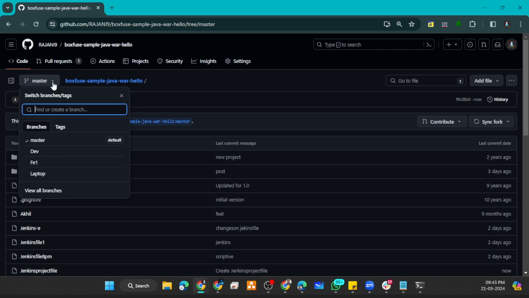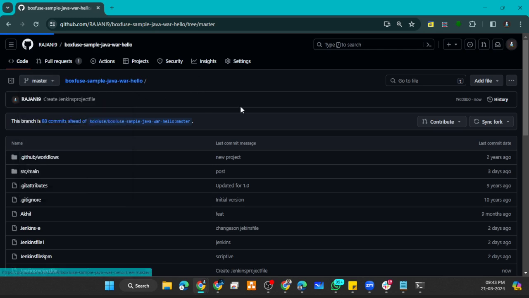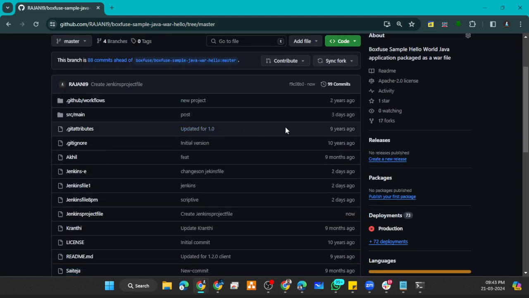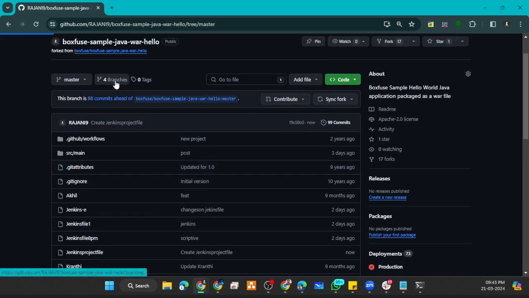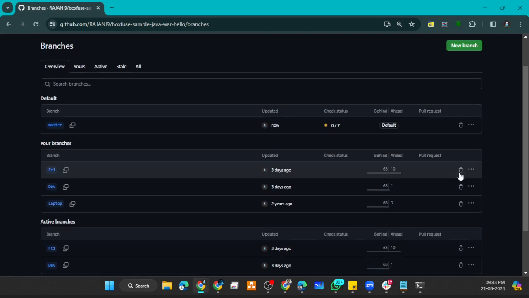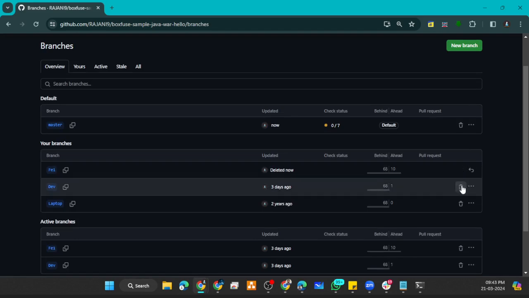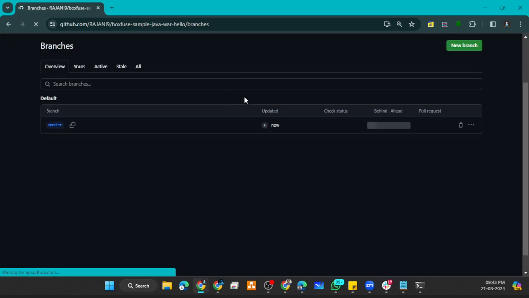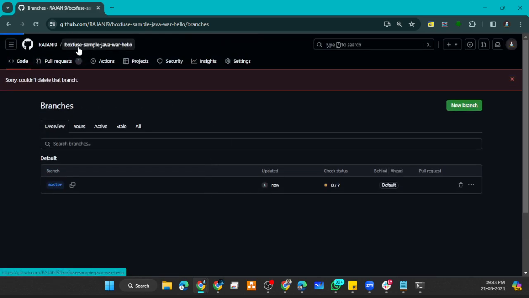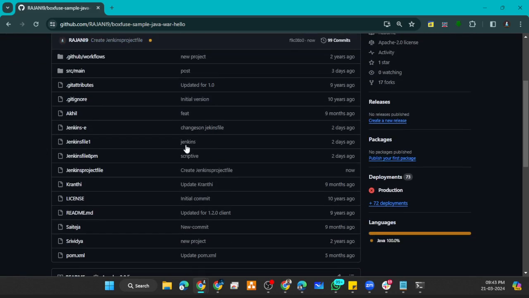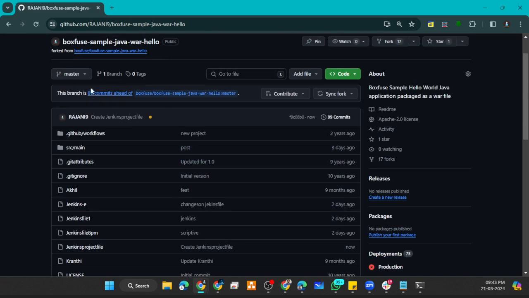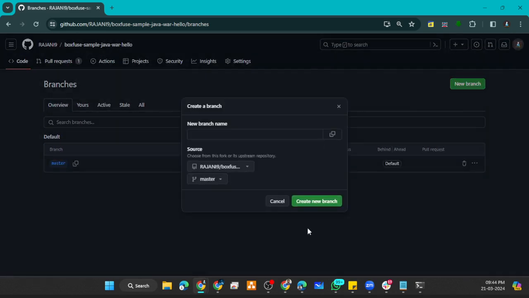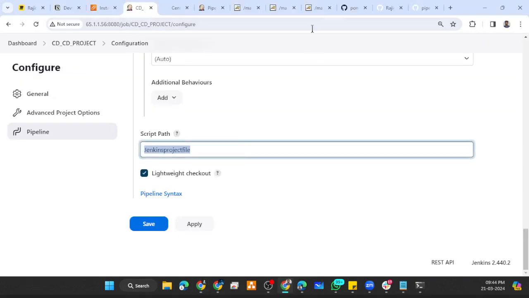But here I have different branches, not according to the branch. What I will be doing, I will delete the branches. 4 branches are there, right? These 4 branches I will delete: fe1, dev, laptop, this, and refresh. Yep, go to the same. So I have updated, right? Same one. I'm going to create the branches right now. Branches, new branch according to this one,